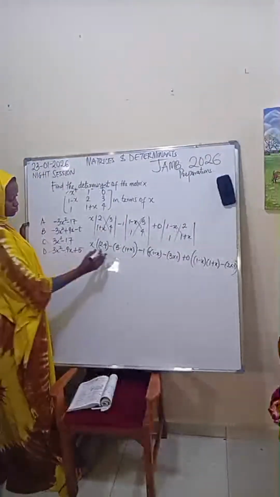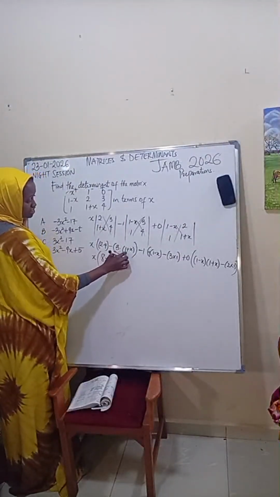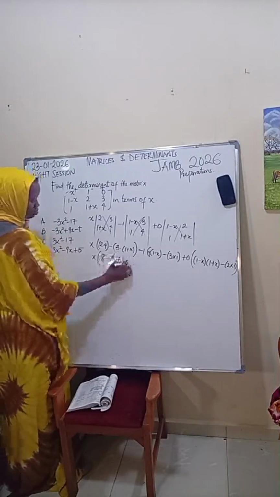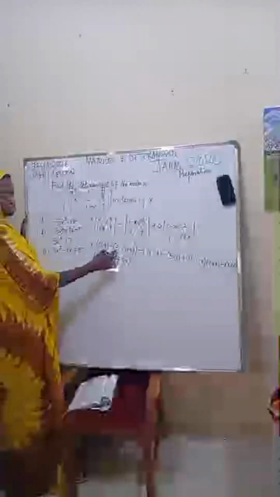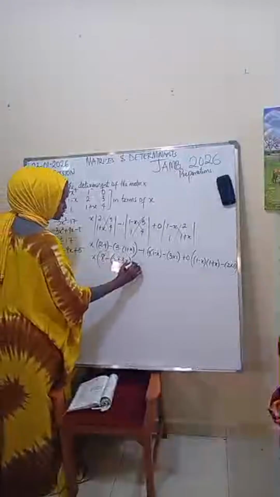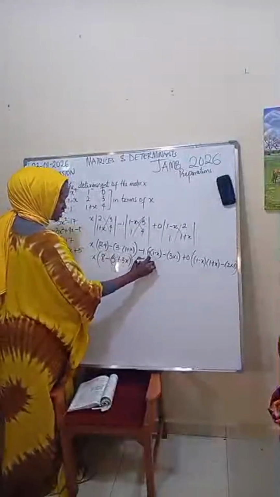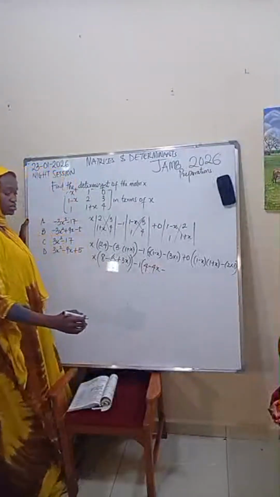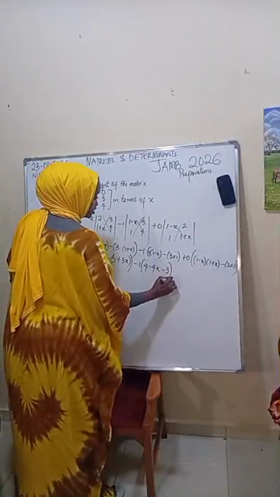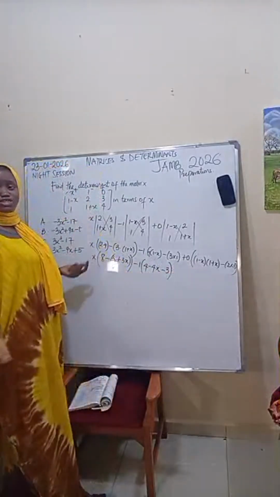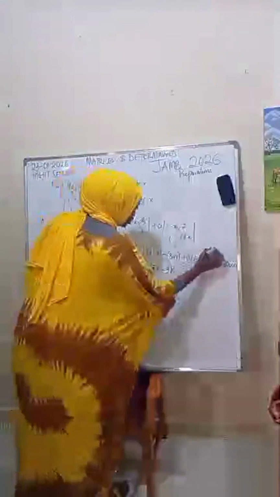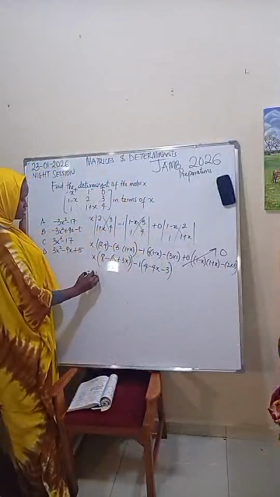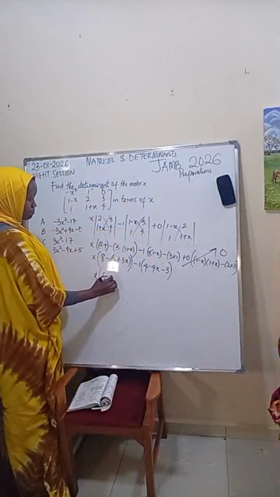8 minus, now, 3 times 1 is 3. 3 times x is 3x, right? So, bracket, because this negative will affect it. Minus 1, open bracket, 4 times 1 is 4. 4 times minus x is minus 4x. Minus 3 times 1 is 3, right? Then plus 0. This is not disturbing us. Simplify for that, let's leave all of this. It becomes 0. So now this becomes x, open bracket, 8 minus 3